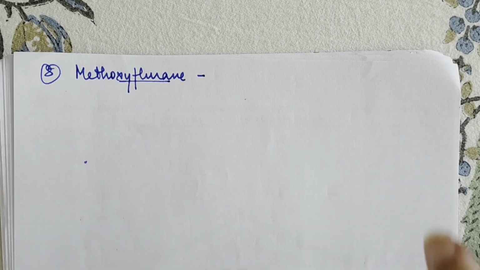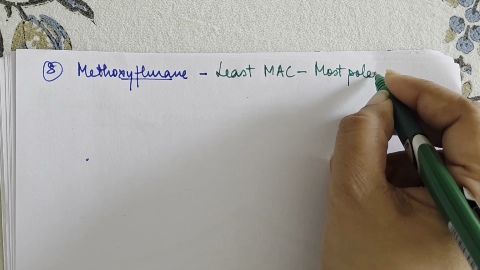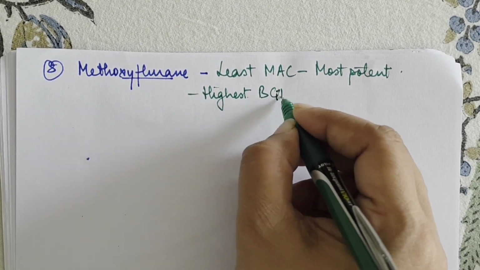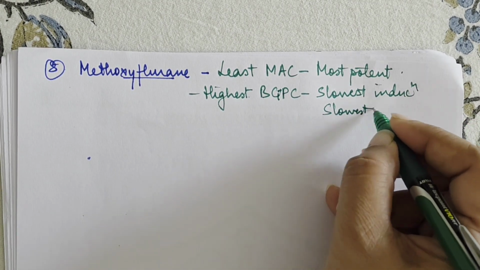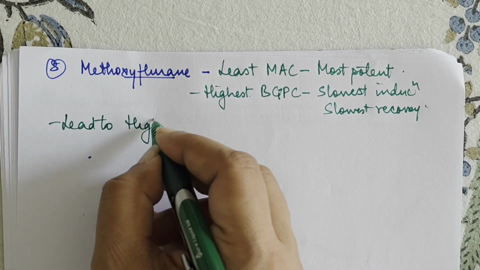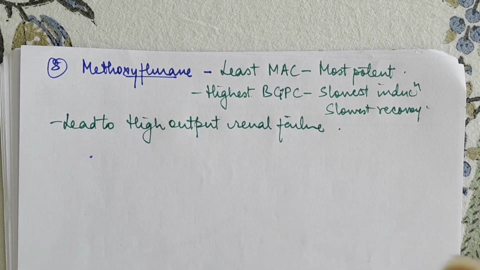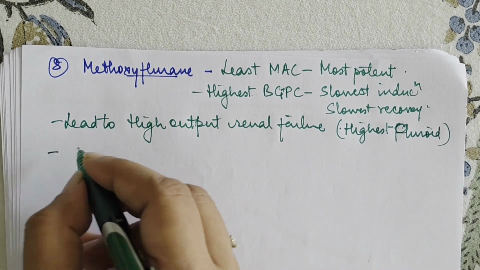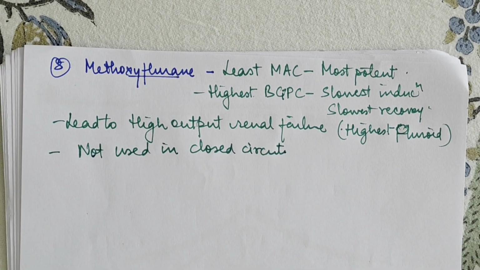methoxyflurane. Methoxyflurane has got least MAC, so it is the most potent inhalational agent, but it has got the highest blood gas partition coefficient, so it is slowest induction and slowest recovery, right? Then it can lead to high output renal failure because of the highest fluoride content, and again not used in closed circuit because it reacts with the tubing of